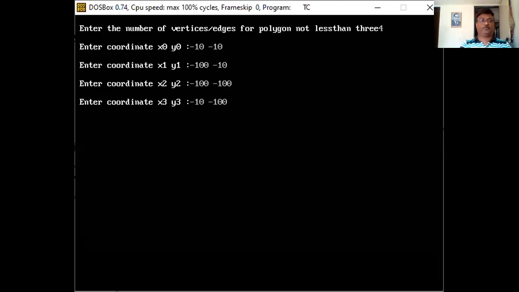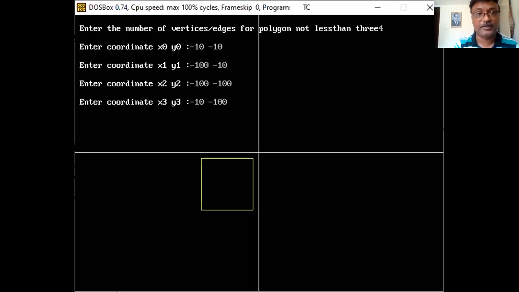All the values I have put as negative because the user has freedom. The user can enter a positive value or a negative value. What's a programmer? A programmer can modify their program as per user input. So that's why I entered all negative values, and this square appears in our third quadrant.